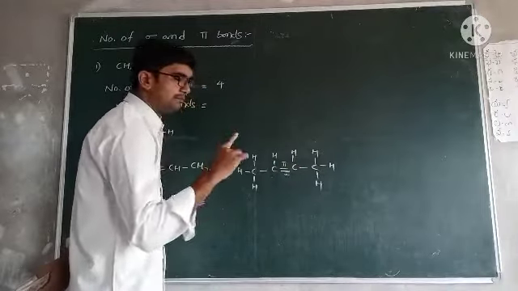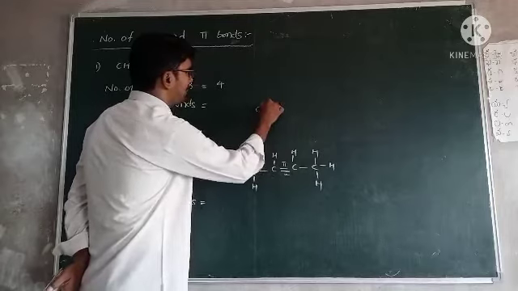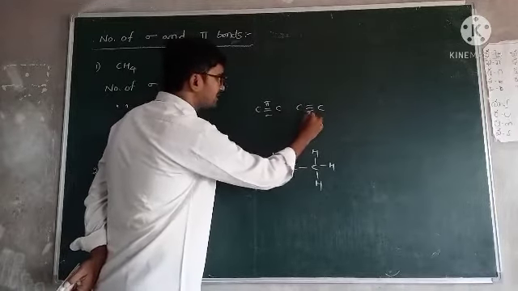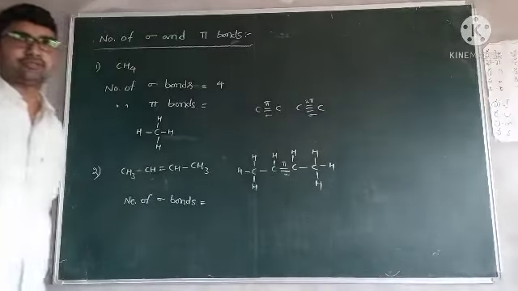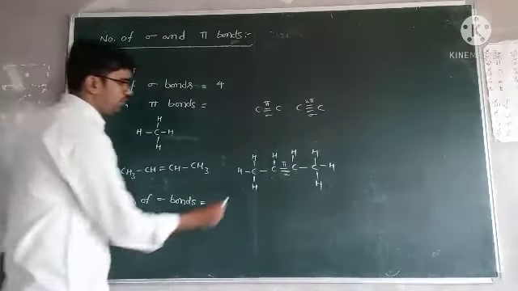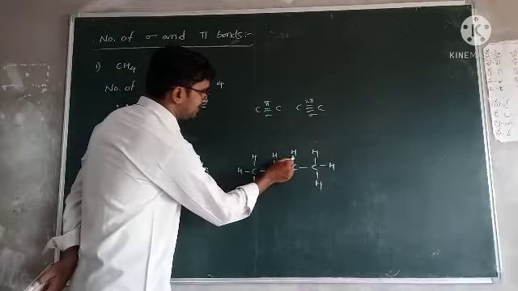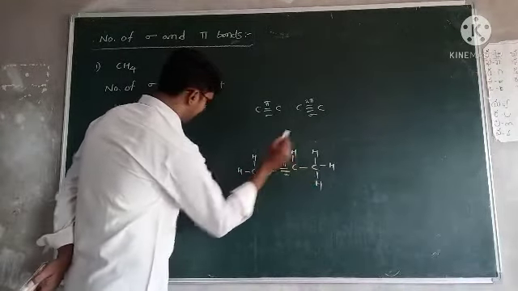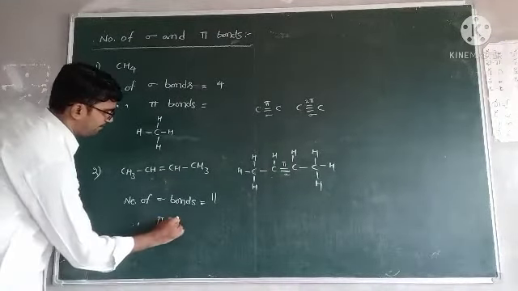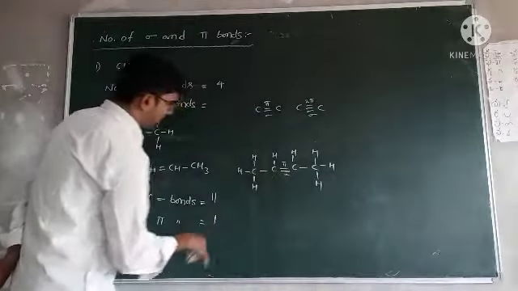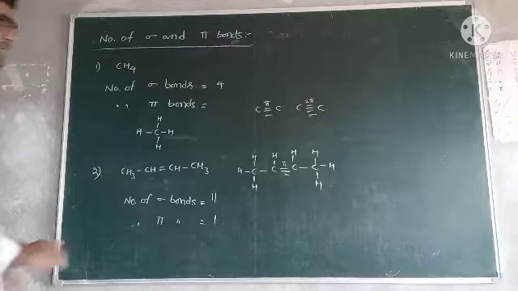Okay. Between any two carbons, for example, C double bond C is 1 sigma bond and 1 pi bond. If C triple bond C is present, only 1 is a sigma bond, and the remaining 2 are pi bonds. Remember this point. Right. So 1, 2, 3, 4, 5, 6, 7, 8, 9, 10, 11. Total 11 sigma bonds are present, and the number of pi bonds is only 1. Do you understand? Right. One more example.